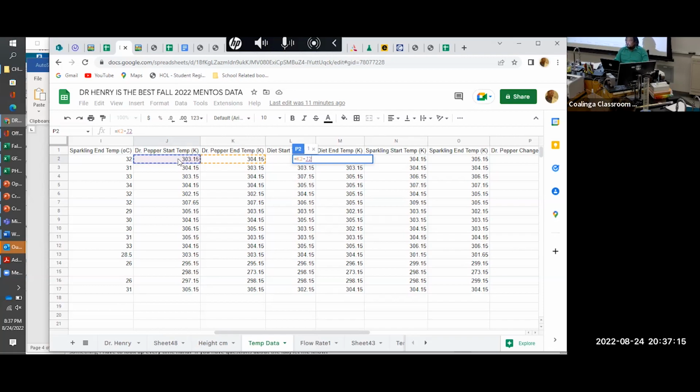Okay, let me go take a look. Mine says J2 for some reason. Yours is off because you don't have that first column, remember? That's gonna change where we're at. So equal, then come over here to tip, minus,